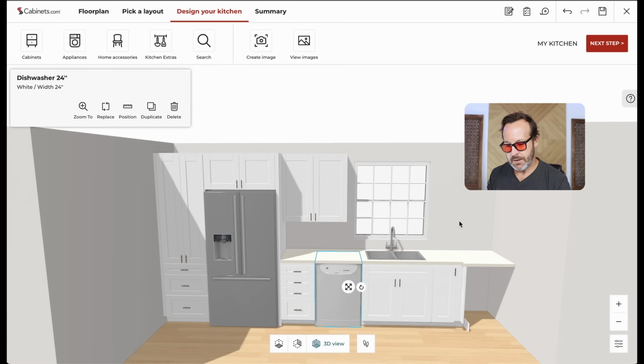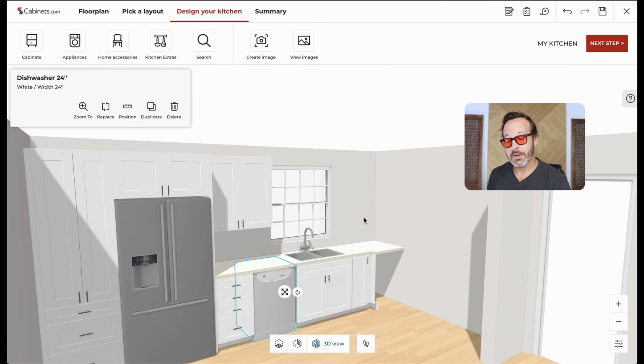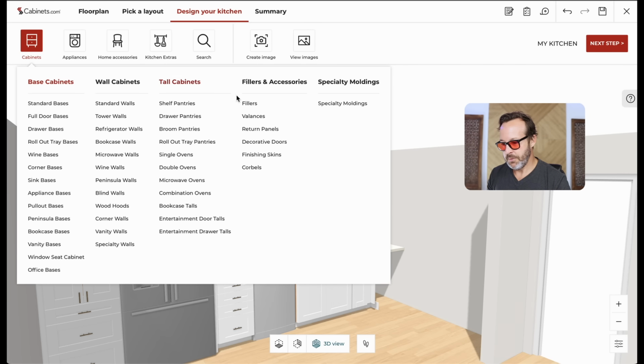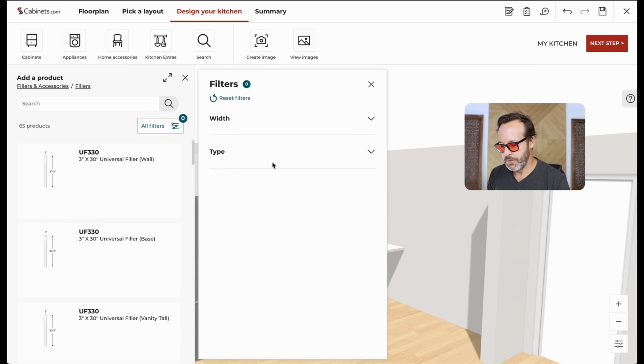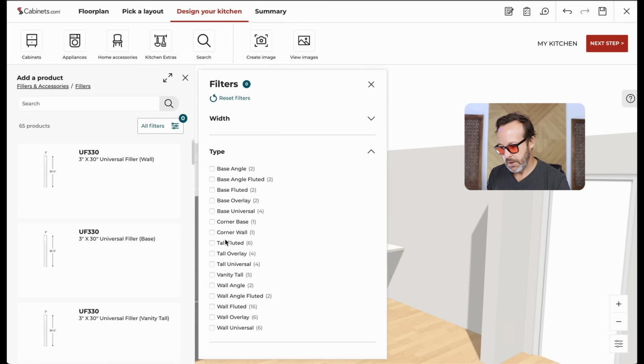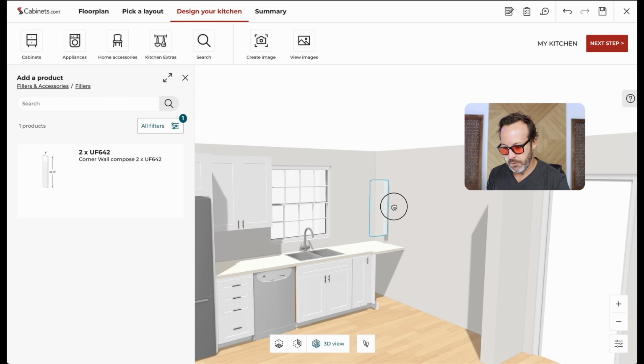On this side, I have a blocked off wall corner as well. How dare I? So again, go to your fillers, hit type, and I have a corner wall. They only give you one option, which is helpful. Put that in place. Rotate it, the rotation icon there. It'll snap that, and now it's not at the right height or the right size, so I can adjust that